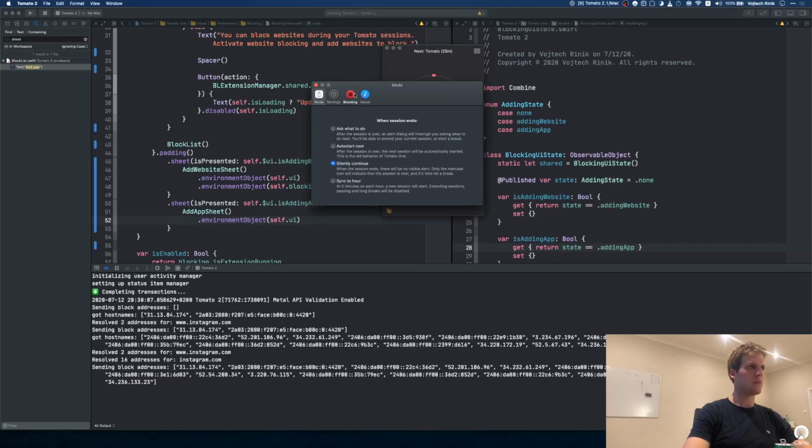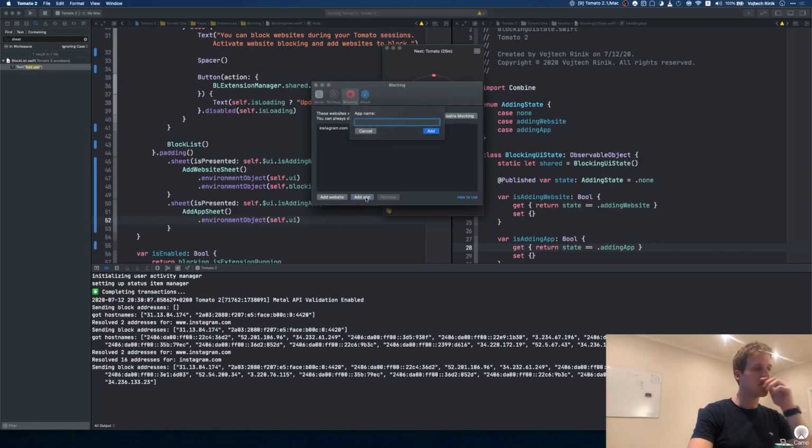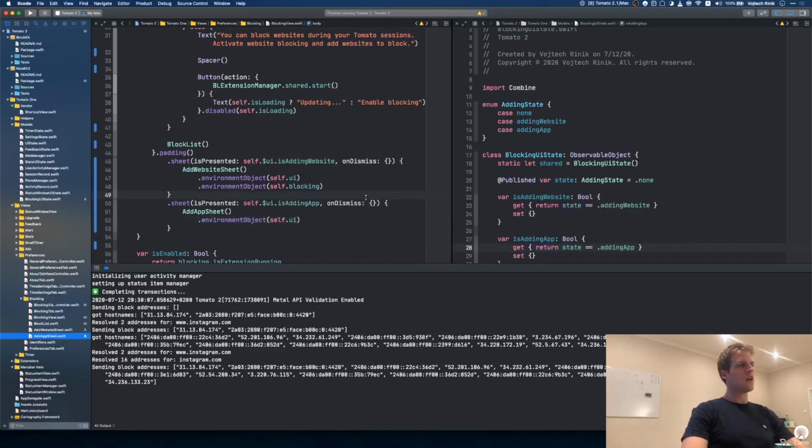Okay, so let's see here. Blocking. Add app. And I'm gonna block Slack, for example. So nothing happens now. That's fine. That's all right. We need to work on our